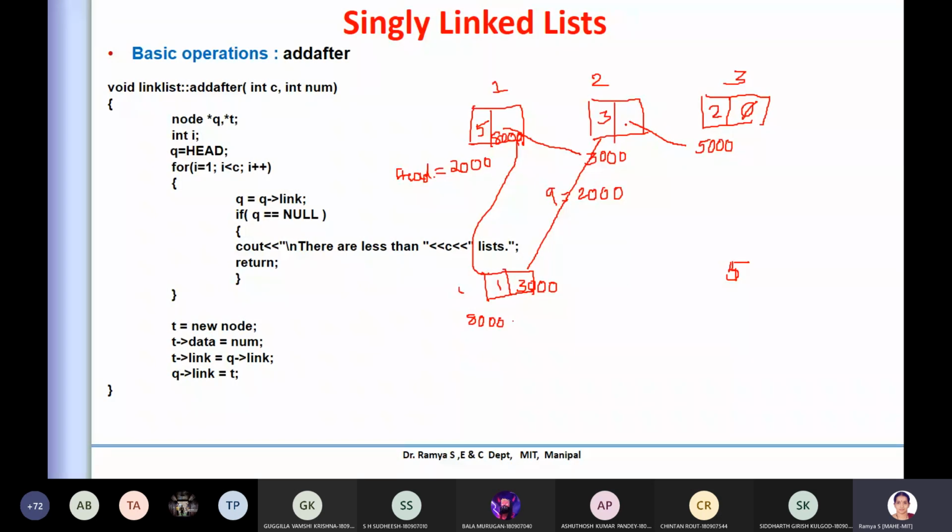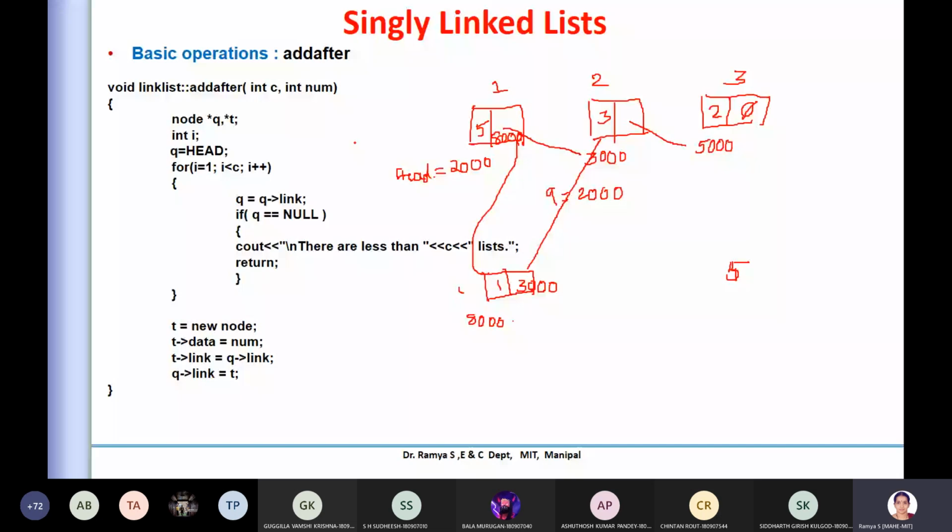It is not null. But when you reach this point, it is null, and the position where you want to add is more than the number of elements. So you check that it is found to be null, then you print that the list has fewer elements than you have mentioned. So you can't insert, or you can't add after this particular point. I hope it is clear.